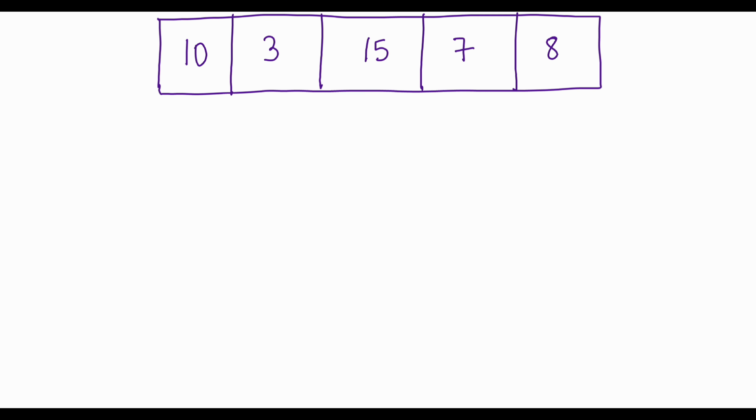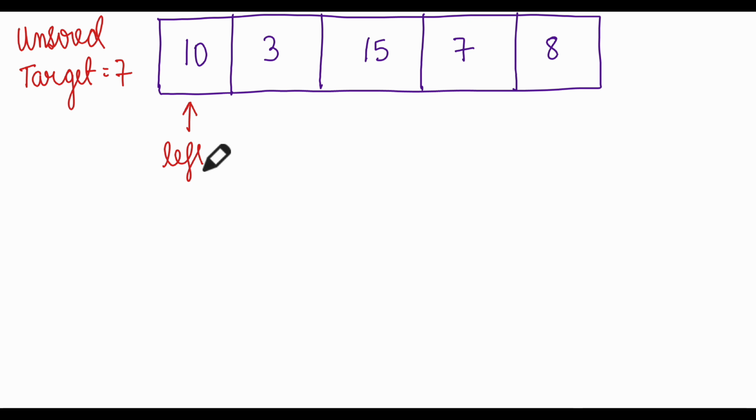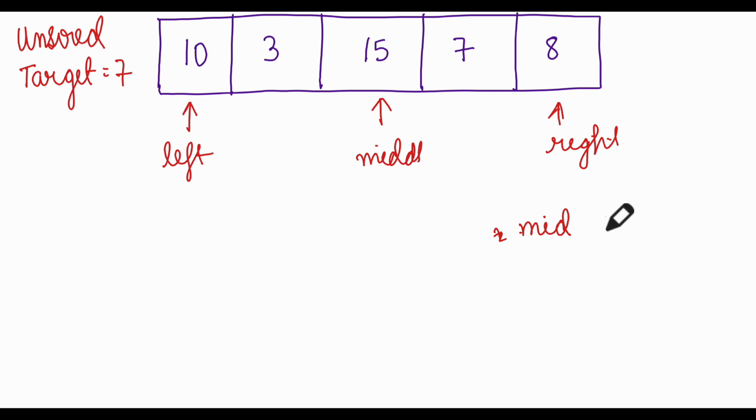data sets. Let us say this is the scenario where you have a list of 5 elements and this data is unsorted, correct? Let us assume we have to search for a target which is 7. How do we do it using binary search, or log n time complexity? This is my left pointer and this is my right pointer. I take the middle element, so this will be my middle element. Now, if you remember, the condition is that if my mid element is greater than my target,